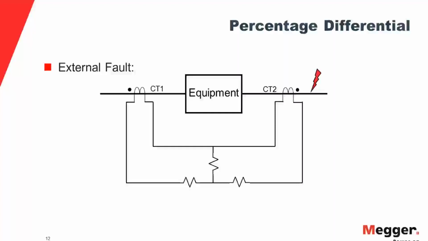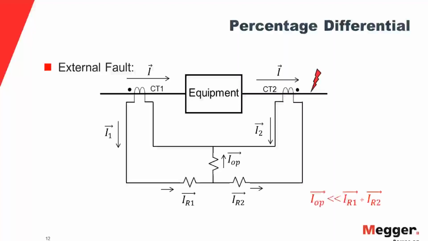So that is one of the reasons why typically the protection engineers use percentage differential. So what does percentage differential mean? If you look at the circuit here, you will notice you also have two resistors that are connected in that circuit. So it is called restraint coil. The ones which are horizontal are called the restraint coils,